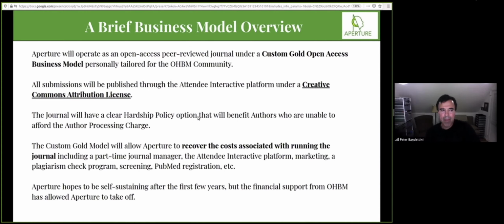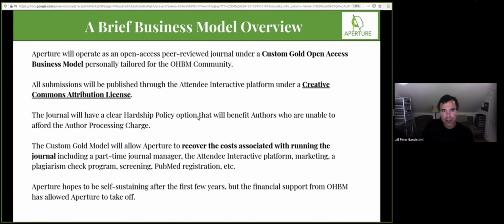And this will basically be that there's no fee for submitting articles, but for publishing, and I'll go into the cost a little bit later, it's a relatively low cost of publishing, and of course it's open access for everyone, so there'll be no cost of downloading and accessing the content.